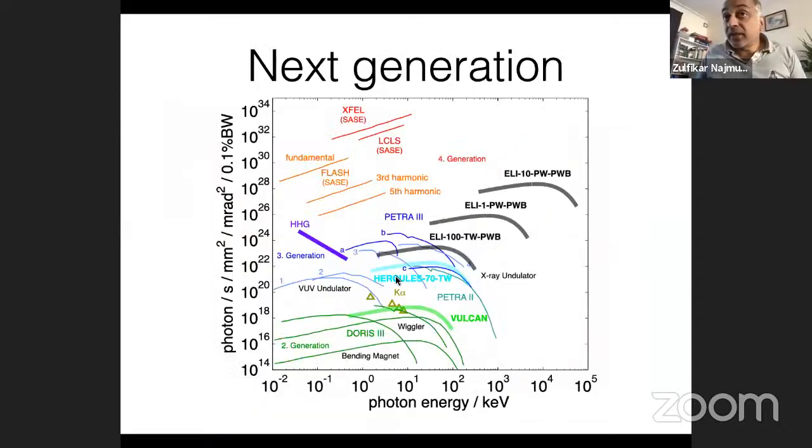What I would also say is that we can not only get brighter by having brighter lasers that operate more quickly. People are now building short pulse lasers at petawatt powers, 10 petawatt powers. These laser systems are being built right now in Europe. And as you do that, you find from the scalings that not only do you get a brighter source, you also get a harder source. And so these sources, once you get above 100 kilovolts,